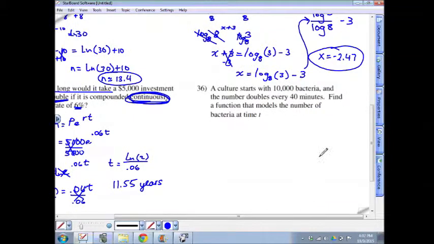Okay, question 36. We have a culture of bacteria of 10,000 and it doubles every 40 minutes. We need to find a function that'll tell us the number of bacteria at time t. So if we have bacteria doubling, or really anything that's doubling at a certain interval of time, then a function that can model that growth